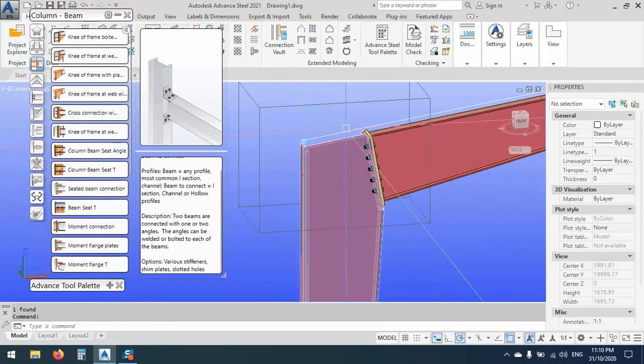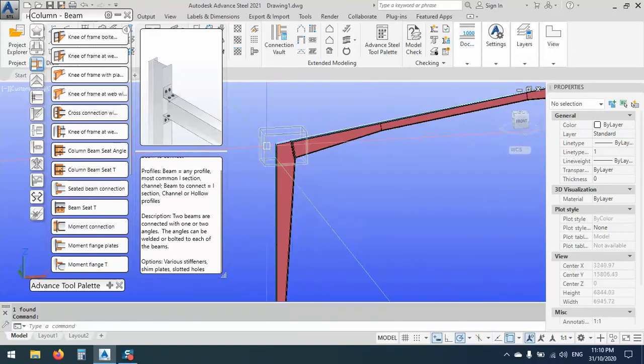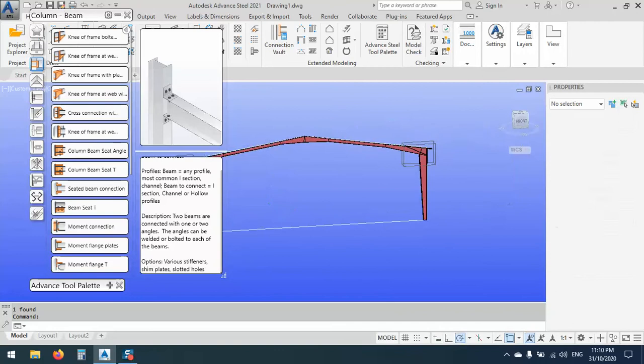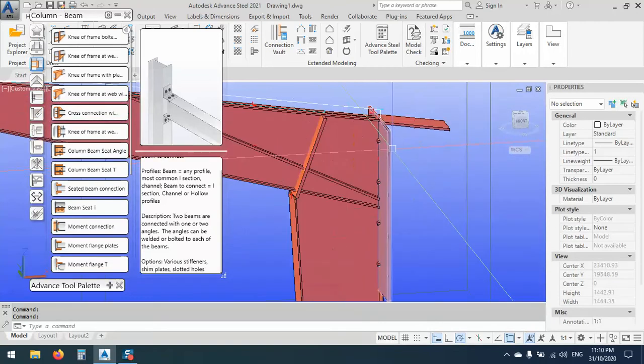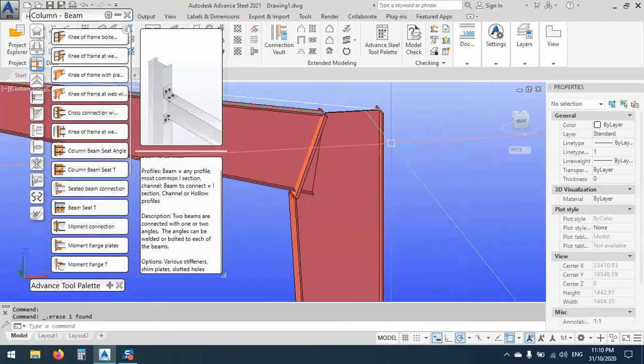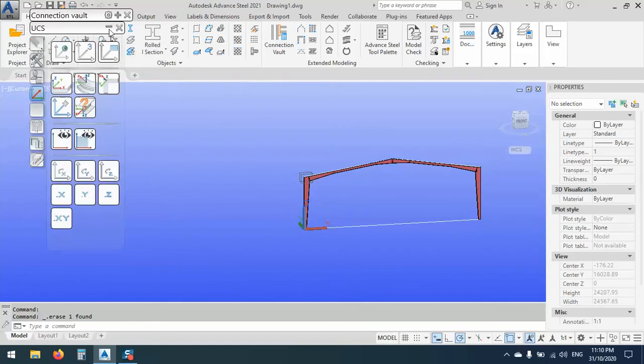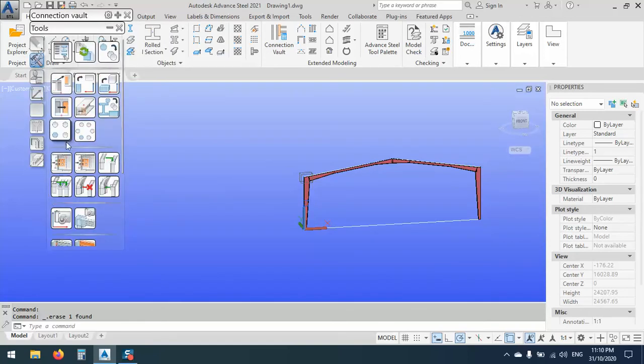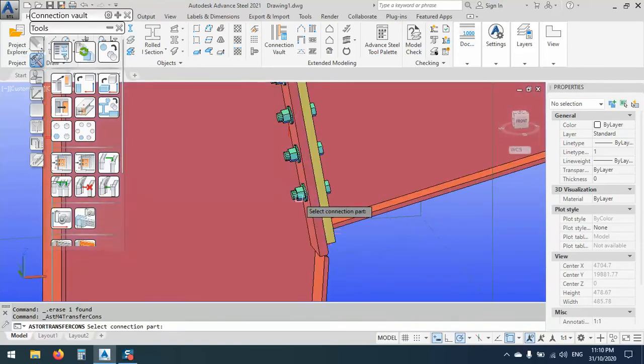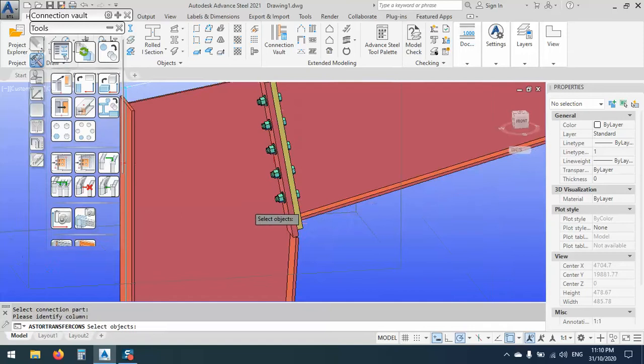So there's another question: how about the other side? Even if I delete this one and copy that one, let me show you. If I copy that one, what will happen? I will copy this one, click by template, and I will choose this one, and